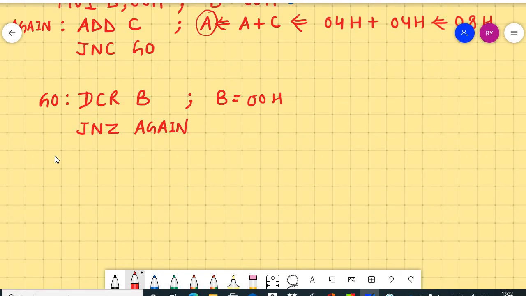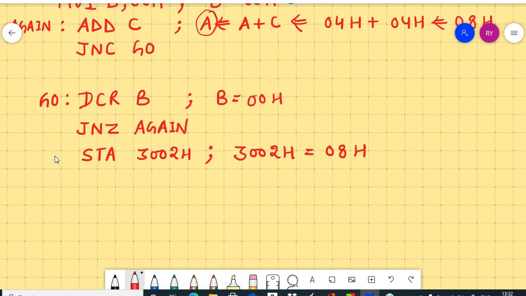Okay, so write down the instruction STA 3002H. What is the work of that instruction? Store the data of the accumulator into 3002H. When any result after multiplication is stored in the accumulator, that result will be stored at location 3002H, and that one is 08H.